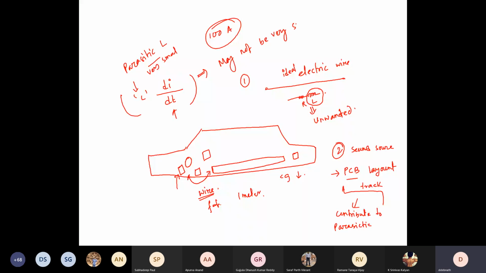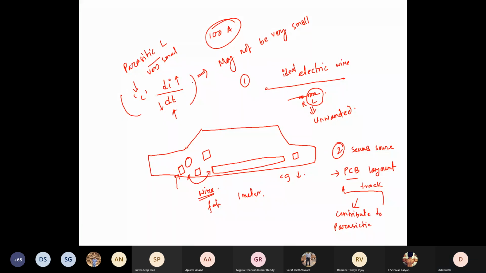Later you'll see that we'll talk about wide bandgap devices. They can switch on and off even faster. As time progresses, we are trying to get semiconductor devices whose turn on, turn off time is much lesser. So this time is getting shorter day by day, whereas most of the time we are increasing the current so that you can have a high power solution in a compact space, right? So this product may not be very small.